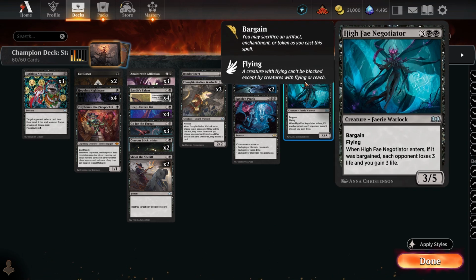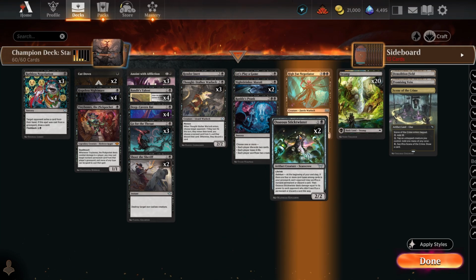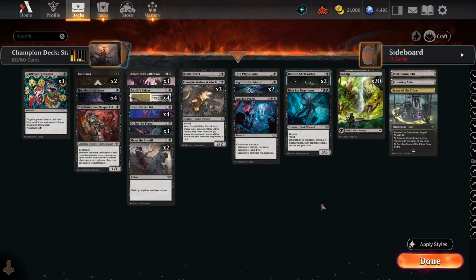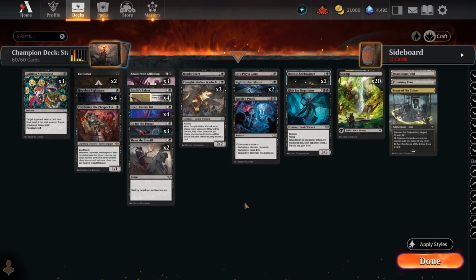Didn't get to see the High Fae Negotiator, but that's kind of like a finisher, where we can possibly, if we get him low enough, you know, you could put that out, drain him for 3. Didn't get to see the Stick Twister either. You know, so... And let's play a game. Didn't get to see that. So I don't know how...